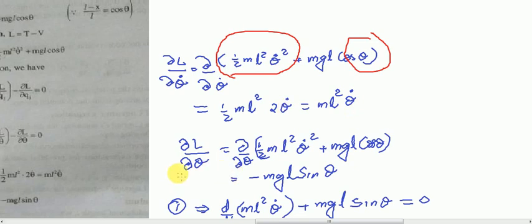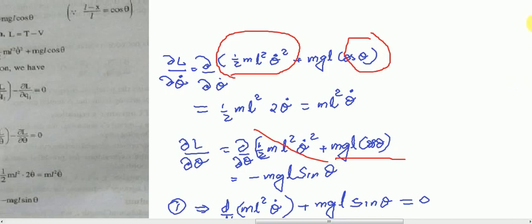Next you have to find the differential with respect to theta, that is dou L by dou theta. Again, dou L by dou theta of, substituting for L, half m l square theta dot square plus mgl cos theta. Here the differentiation is with respect to theta. So you have to differentiate the second term only, because the first term consists of theta dot. If you differentiate that theta dot term with theta, the answer will be 0. So differentiating only the second term, you will get mgl times the differential of cos theta, which is minus sin theta. So dou L by dou theta is equal to minus mgl sin theta. So we got the expressions for dou L by dou theta dot and dou L by dou theta.